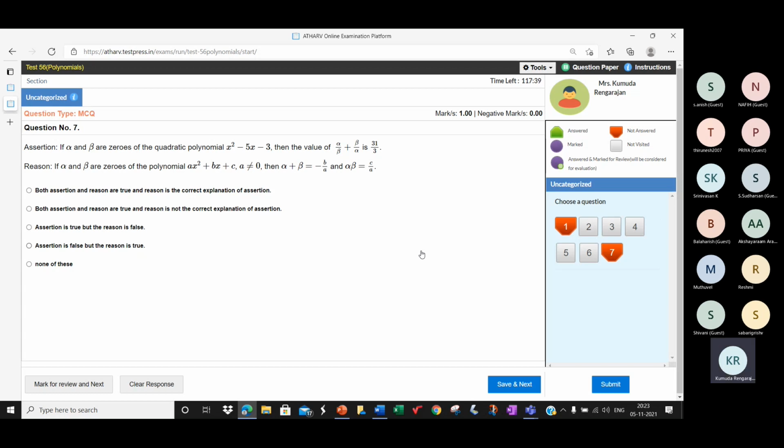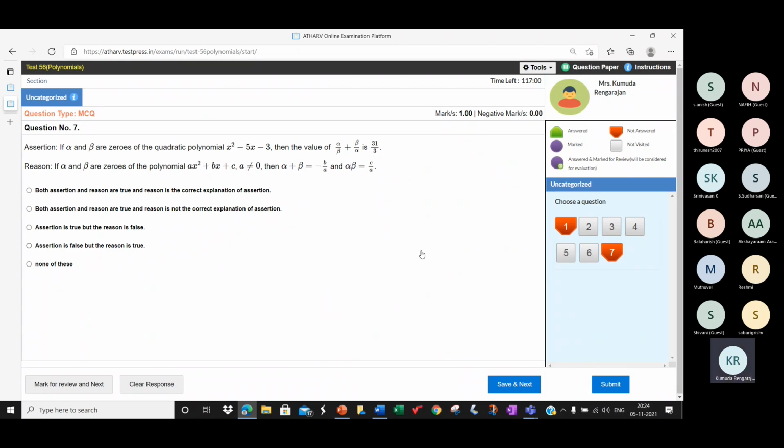Most of my questions are not answered today. Alpha plus beta the whole square minus 2 alpha beta. Very good. Thank you, Thirunesh. You've been the only one other than Srinivasan. Srinivasan also is tired these days. And Shakti used to be active. I don't know if he's in the class today. So very few of us make it interesting.